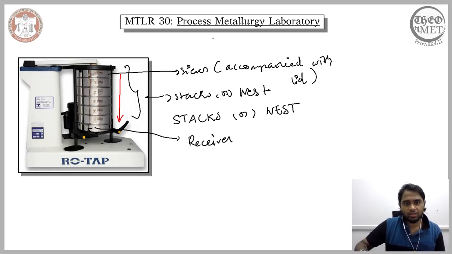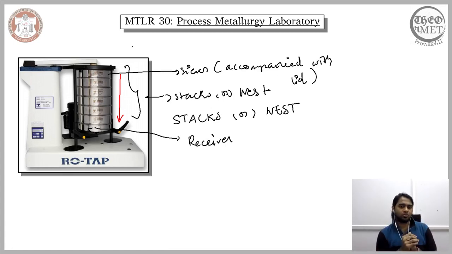So this is what your overall sieve analysis setup looks like. It comprises of stacks of sieves which are referred to as the nest, and as you go down the stack, the overall aperture size keeps on gradually decreasing, and at the end of it you have your receiver, and at the top of it you have your lid. The lid prevents the particles from escaping, and the receiver finally collects all the fragments that have passed through each of these individual sieves or specific aperture sizes. So this is how the experimental setup for the sieve analysis looks like.